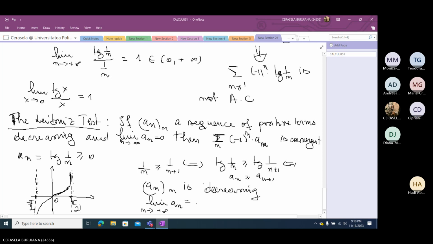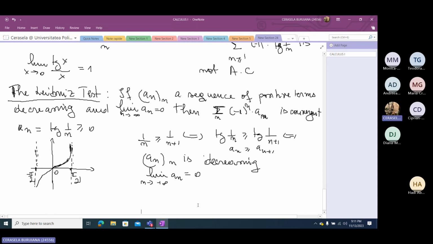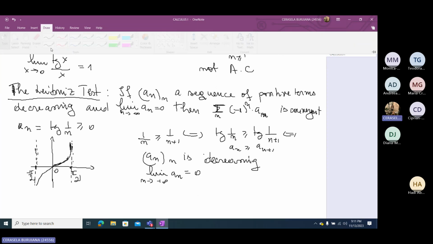Zero. It's 0. So now let's look. a_n has positive terms, is decreasing, and has the limit 0. So I see that actually all the conditions for the Leibniz test are verified. So it follows immediately that